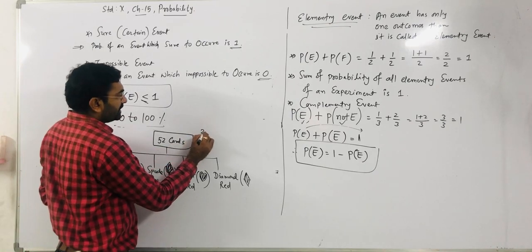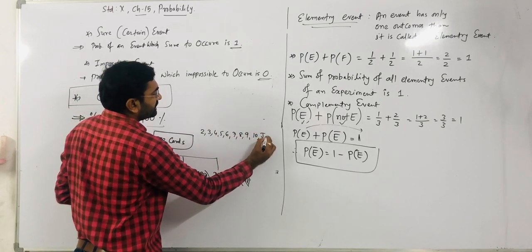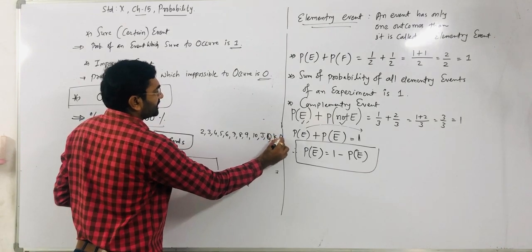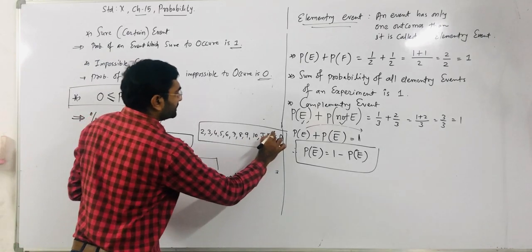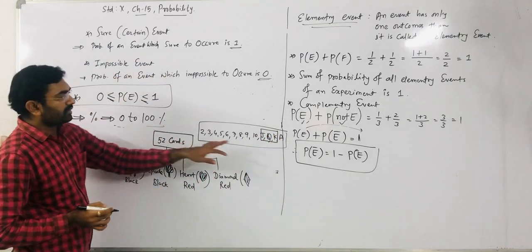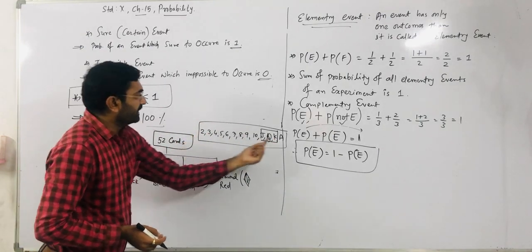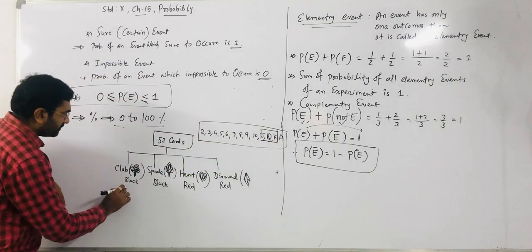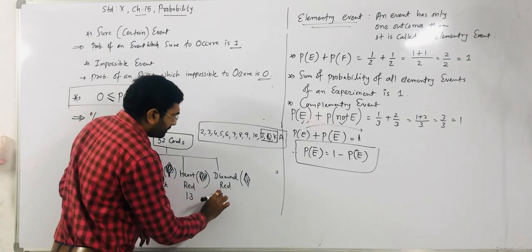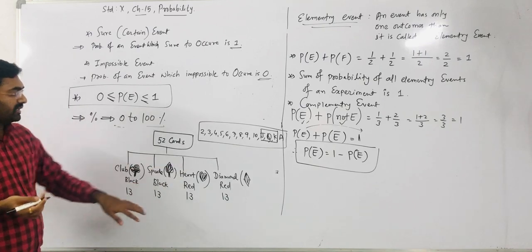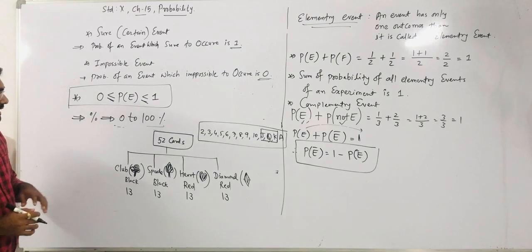In cards, we all know it starts from 2, 3, 4, 5, 6, 7, 8, 9, 10, Jack, Queen, King and Ace. That is the number of cards we get in each pattern. Now out of those cards, these 3 cards, Jack, Queen and King, are face cards, because in Ace there is no face. Okay? So count it, we get 13 cards. So in club we get 13 cards, in spade 13 cards, in heart 13 cards, in diamond 13 cards. In each type we get 13. 13 fours are 52. Total is 52 cards. Okay. So remember that.